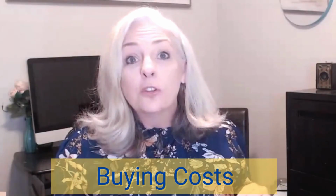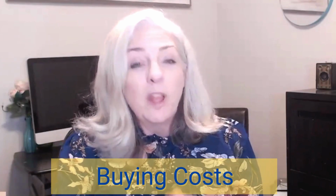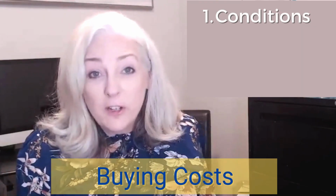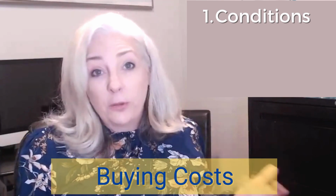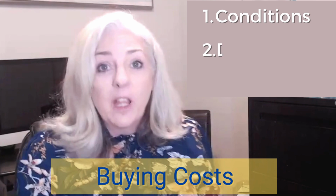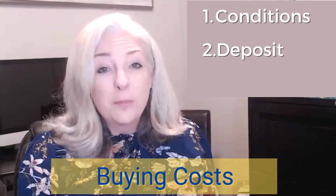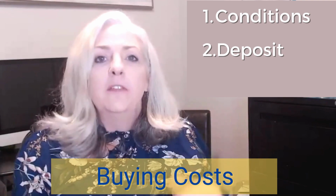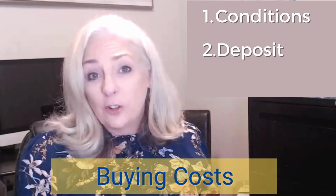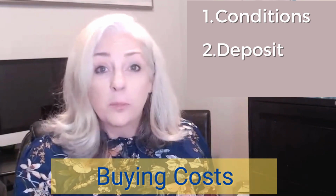Offer costs and closing costs are additional expenses you'll need to be prepared for when buying a home. There will be house inspection fees, septic and water test fees as you work through the conditions of your offer. There will also be a deposit due with your offer, which is usually between 3 to 5% of the purchase price, essentially your down payment. And this gets deposited into the seller's brokerage trust account